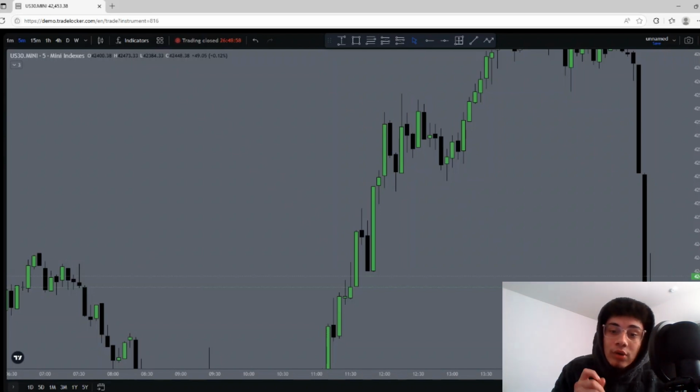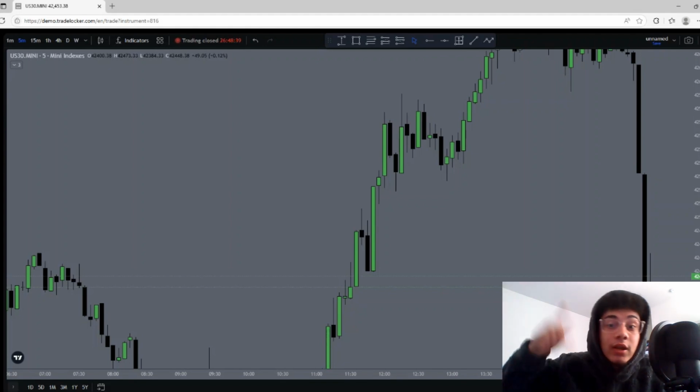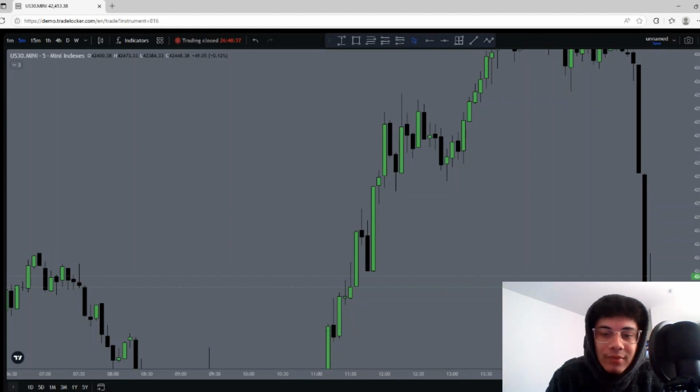Now, the only way you are able to read the story within these candles is by first understanding what a candle is, period. Nobody really knows or even asks or talks about what an actual candle is. What does it actually represent? Very few people even know that. Very few people even care to know that. They just care if it's going up, down, up, down, and then they're just going to click buy, sell, whatever. And that's not the case.